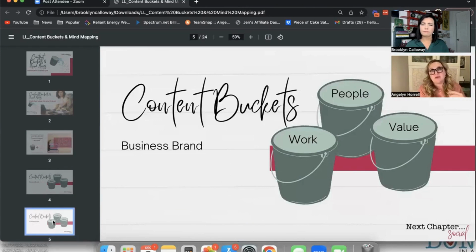So most likely yourself, your story, why you started this business, the teammates that you have, their stories. You want to bring that human element to your company. Very important. And then lastly, a content strategy for a business brand is to provide value. You don't want it to feel all promotional.